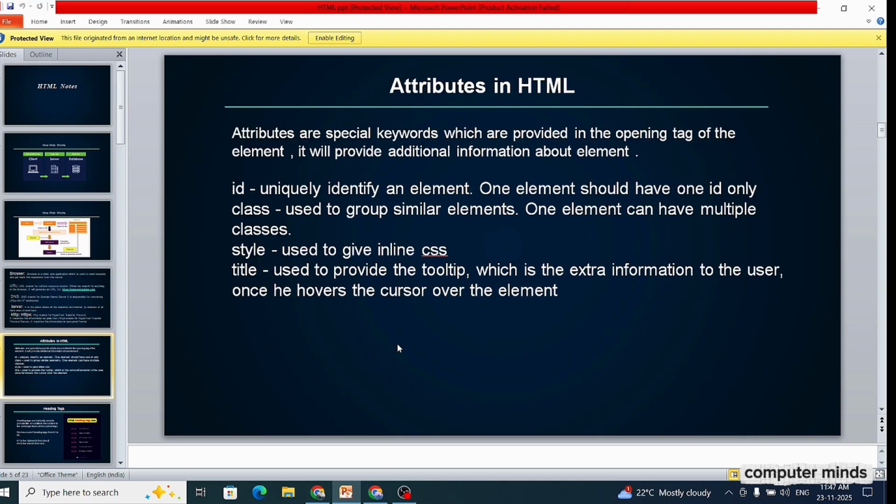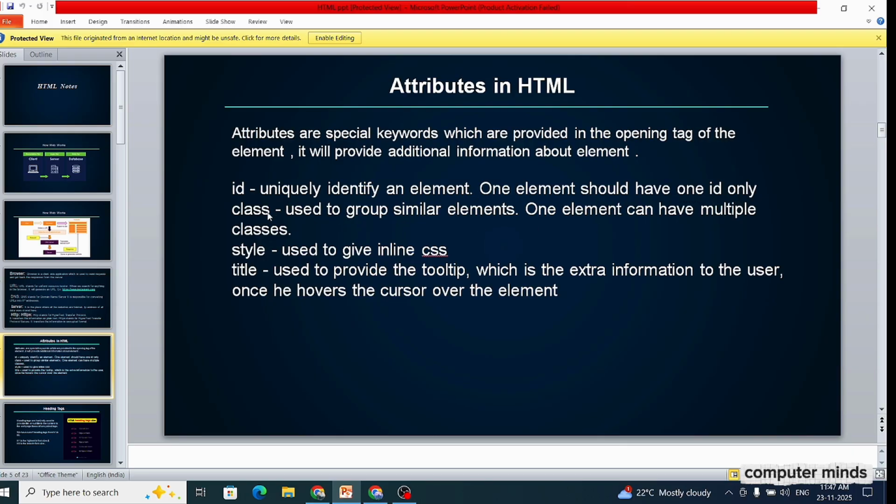Attributes in HTML. Attributes are special keywords provided in the opening tag of an element. They provide additional information about elements. ID uniquely identifies an element. One element should have only one ID.